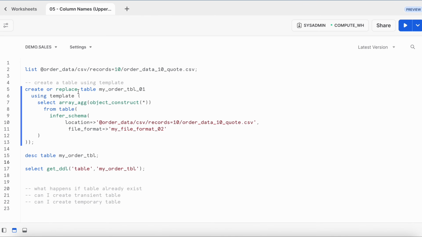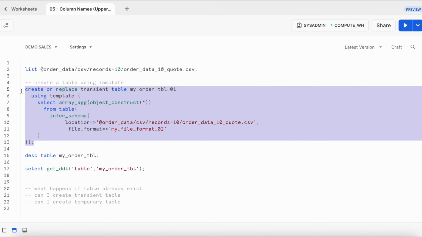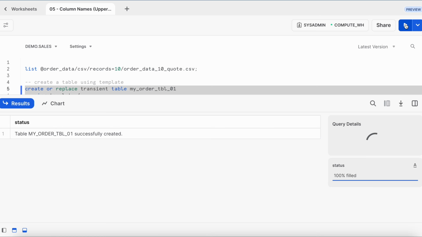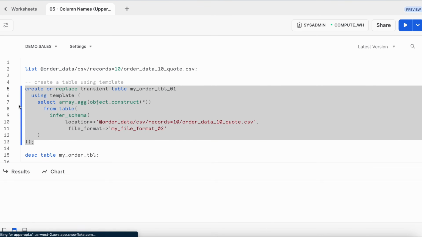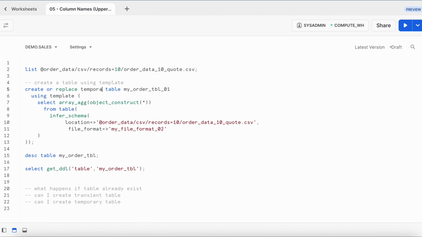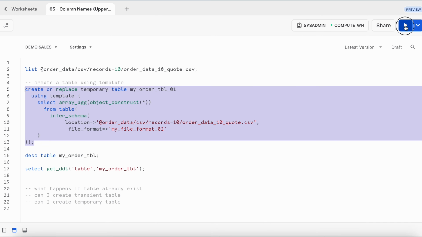Next, can I create a transient table? So I will run create or replace transient. I used the transient classifier to classify the table as a transient table, and let's see if I can create this table or not. So I managed to create a transient table, looks good. And can I create a temporary table or not? So I have specified temporary as a classifier, and let's see if I can create a temporary table or not. I can create all kinds of tables. If my table exists, I can use create or replace, or if I want to create a table only if the table does not exist, then I can also use the if exists or if not exists keywords